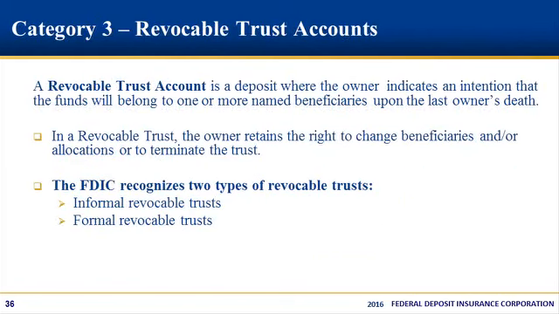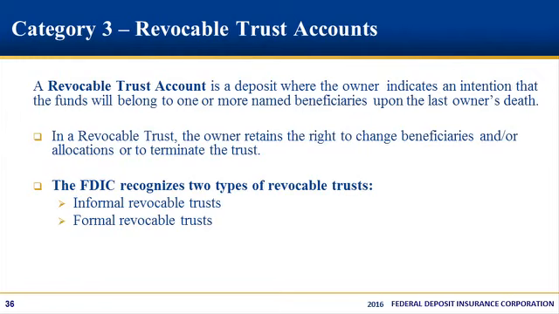One of the most popular categories of deposit insurance coverage that is available to individuals is Category 3 revocable trust accounts. Before I discuss the rules for revocable trust deposits, let's start with defining these types of accounts. For the purpose of eligibility under Category 3 revocable trust accounts, the deposit must be a legitimate testamentary account. The term testamentary means that in establishing the account, it must be clear in the bank records that upon the death of the owner or owners, the deposited funds will then be transferred to one or more named beneficiaries